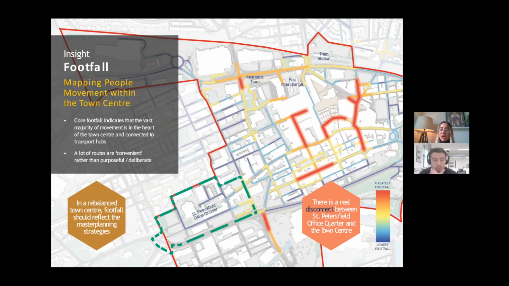So just for any of those of you not familiar with Ashton, which there probably aren't a huge amount of you familiar with the town centre, all the transport links are located to the north. The town centre are these white blocks you see in the middle, but actually is quite a dispersed town centre. So there are 2 shopping centres in those white blocks, but actually a huge amount of retail on the periphery. And then to the bottom left-hand side, St Petersfield Office Quarter is a relatively new business centre development